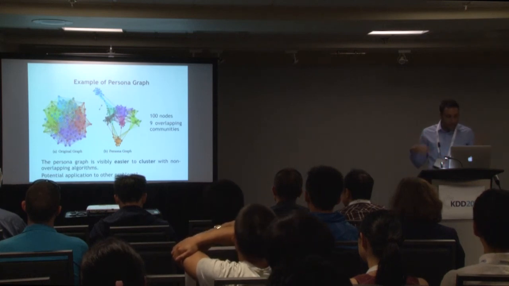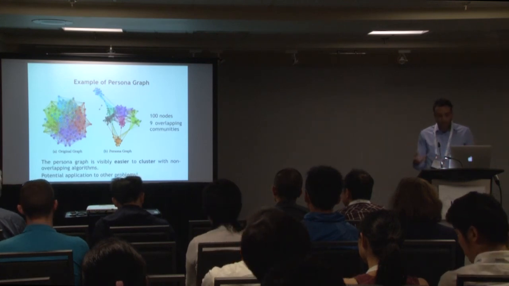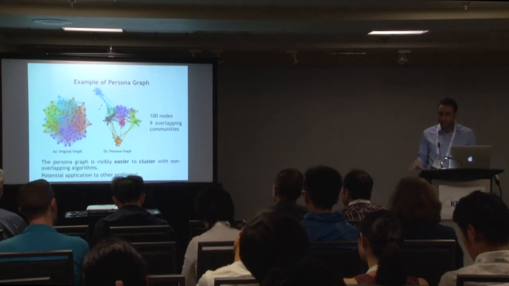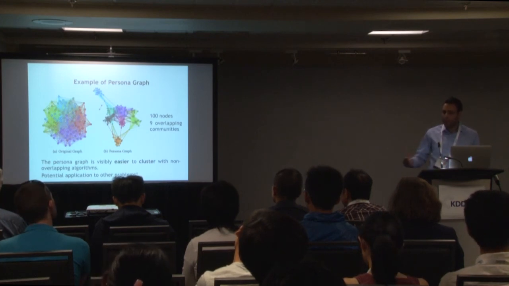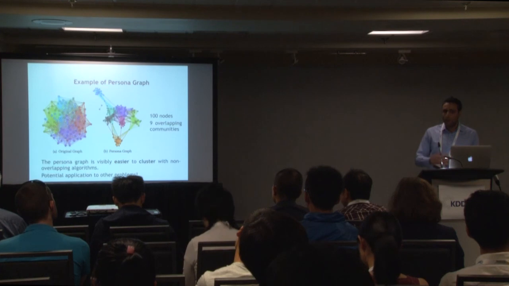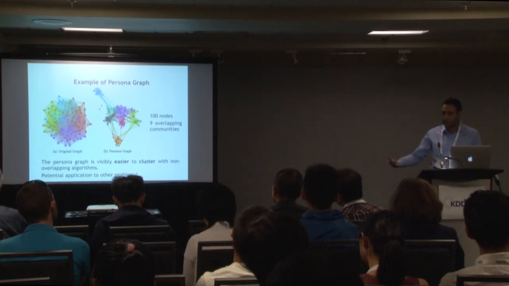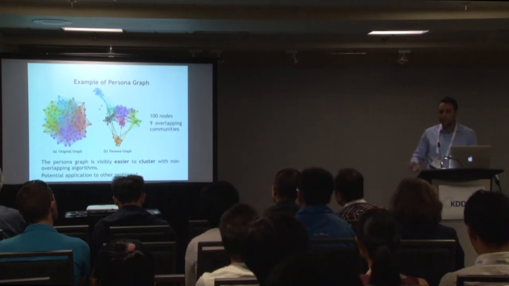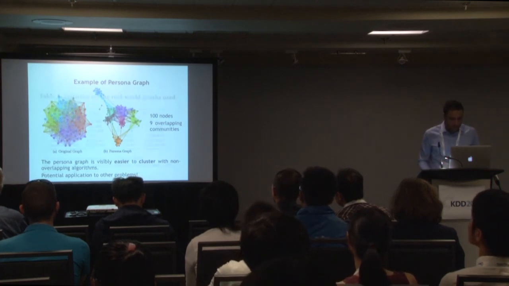Now, why is this interesting? Because I think this shows that the persona graph exploits some interesting properties of the original graph and is able to disentangle the overlapping structures of the community. So potentially, you can imagine that you can use the persona graph as a first step to many other graph problems. Here on the right graph, it's clear that it's easier also to do ranking, not only clustering, but also semi-supervised learning, whatever is your favorite graph algorithm. Perhaps it's easier to solve that on the right side. So this is why I think it's an interesting result.